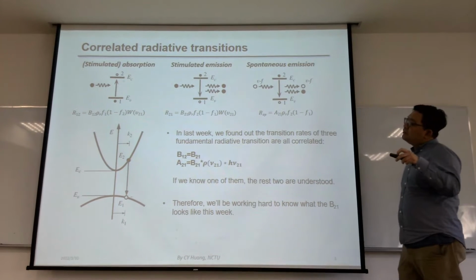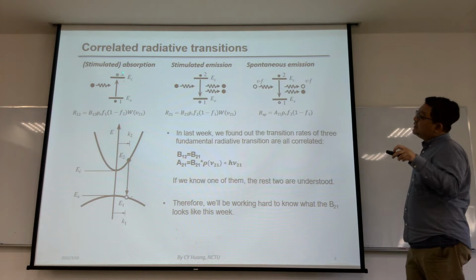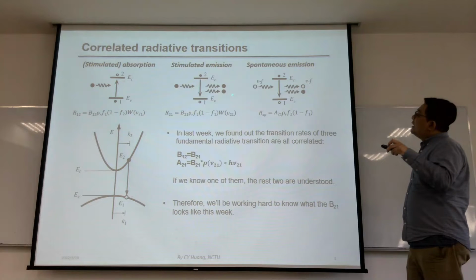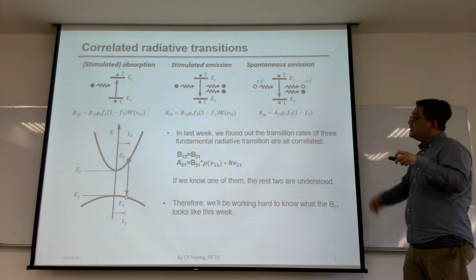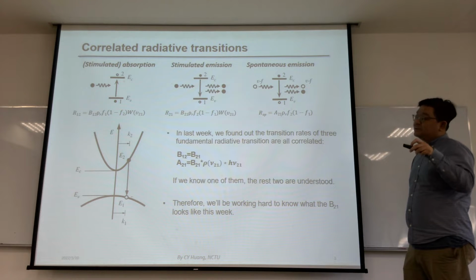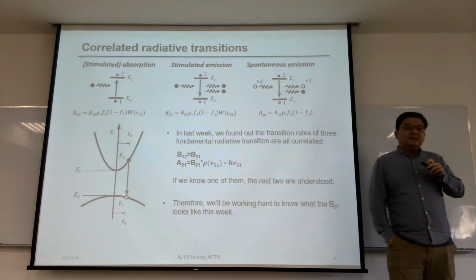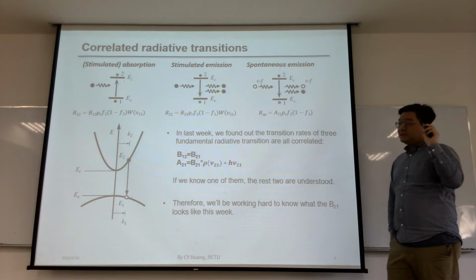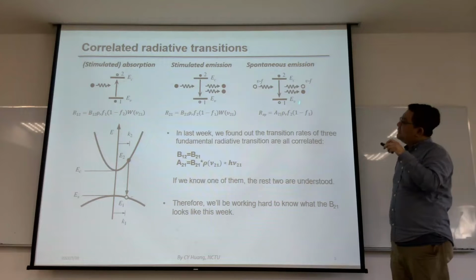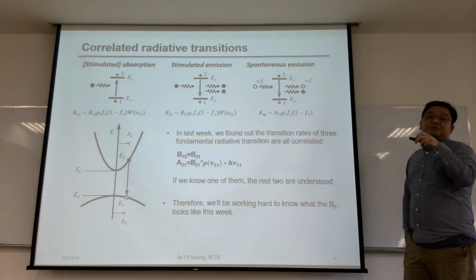So in the radiative transitions, we did three of them, the fundamental radiative transitions: stimulated absorption, stimulated emission, and spontaneous emission. And last week we said that stimulated absorption and stimulated emission are actually one process. They are not two processes. They are just the same process in the direct or reverse direction. And the spontaneous emission is also not independent. It's correlated to the absorption process. So there should be 1.5 radiative